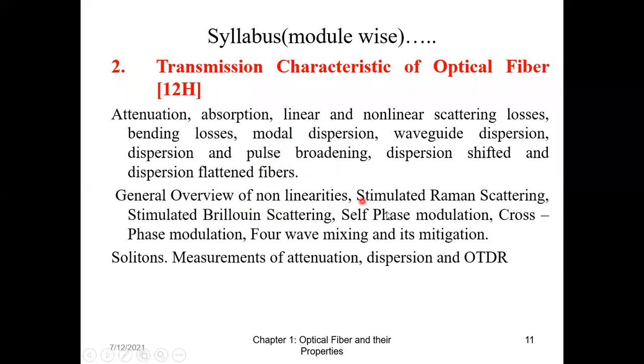Then comes the non-linear characteristics. So in non-linear characteristics we have various scattering. Okay, I am not reading out the names right now. Okay, so this chapter, the first point and the second point is explaining about the various losses in the fiber. Actually, हमारे जो lab में practical थे, 3 practical तो इसी में से हैं. We are calculating the attenuation, we are calculating the scattering loss, we are calculating the bending loss.